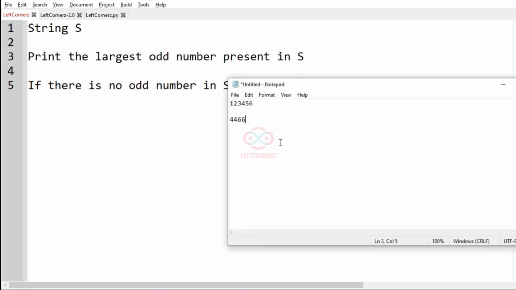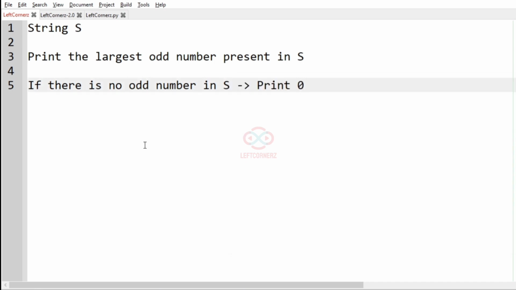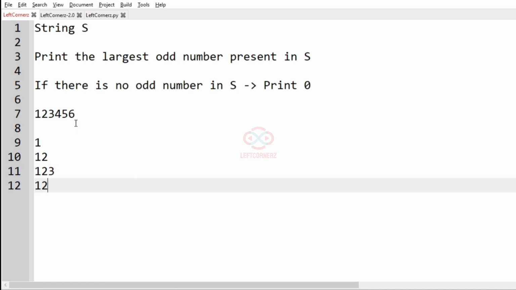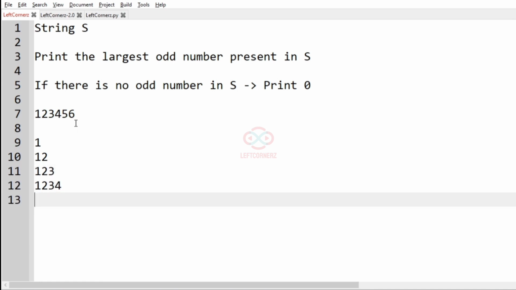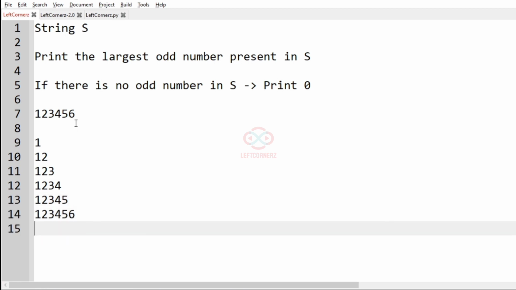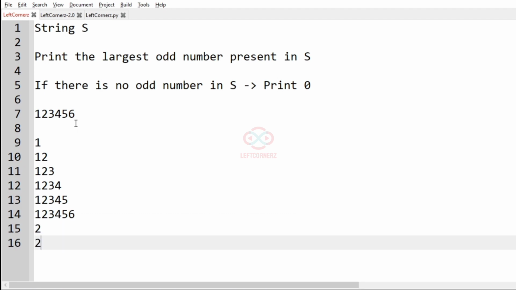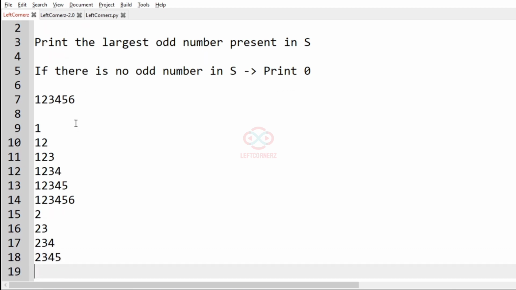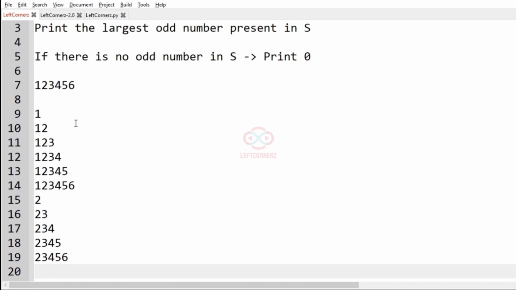Now let us consider our first test case. This is the string s. Now let us write the substrings. So 1, 1 2, 1 2 3, 1 2 3 4, 1 2 3 4 5 and 1 2 3 4 5 6, and the next set of substrings: 2, 2 3, 2 3 4, 2 3 4 5, 2 3 4 5 6, and next set 3,